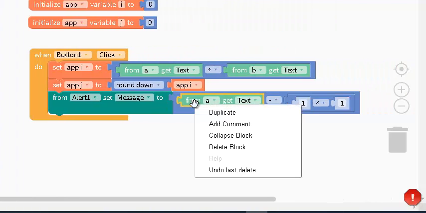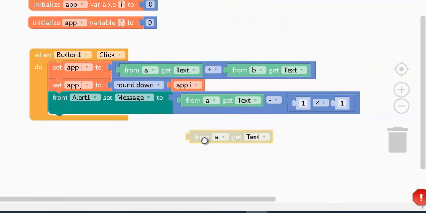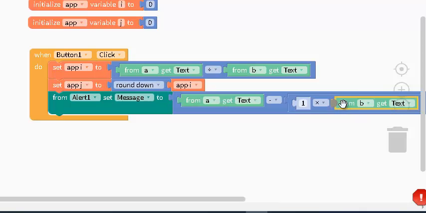So I'm going to duplicate this one and change it to b, and then I'm going to put this one here, a minus j. So I need variable j. So I'm going to duplicate this one again and change it to j now,